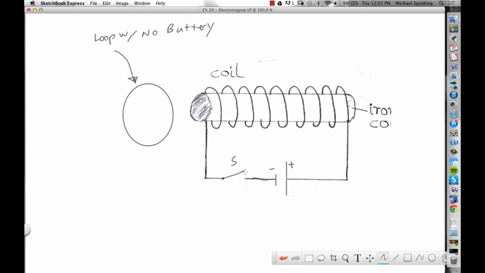So if this switch is open, the electromagnet's off, right? So as soon as we close this switch, as soon as the switch is closed, what's going to happen? The magnetic field is going to what? Turn on. So then we went from having no flux. When the electromagnet was off, we had zero flux. We turned the electromagnet on, and now we have flux. Is that a change in flux? Yeah. So what that's going to do is it's going to induce a current in that coil with no battery. Do you guys follow this? So let me show you. In the time we have left, I'm going to end this lecture